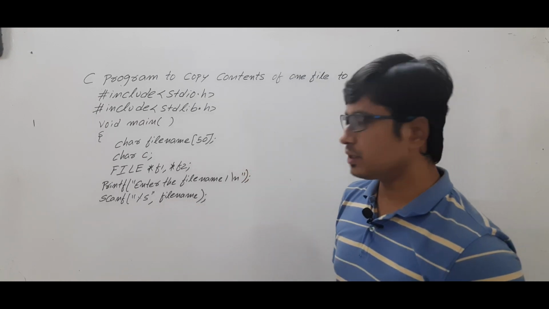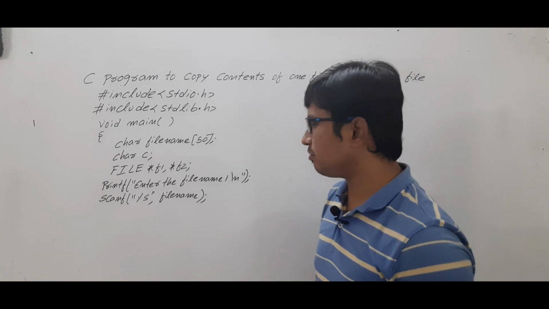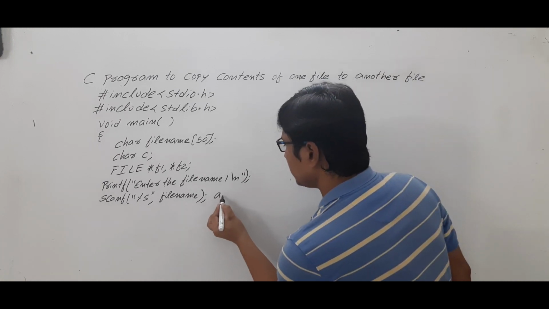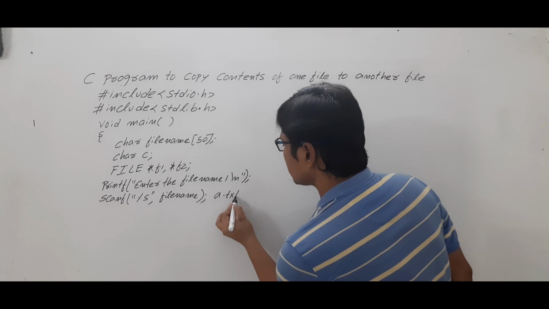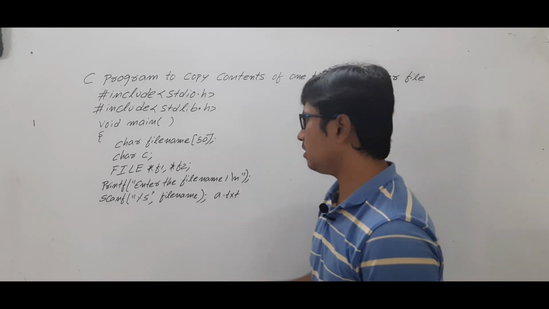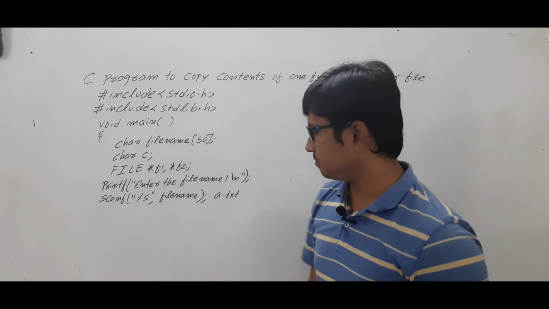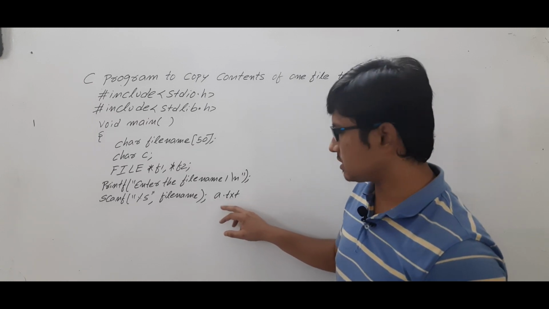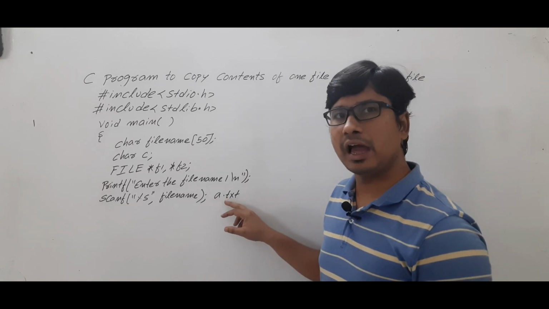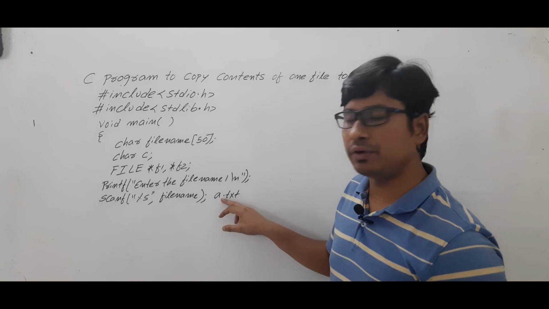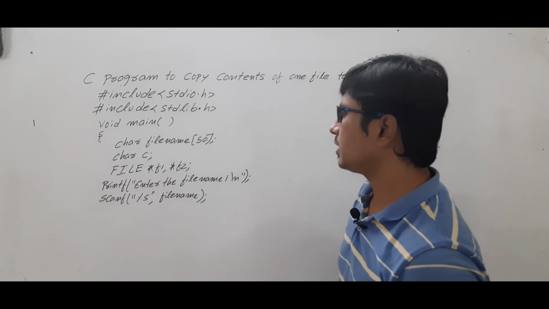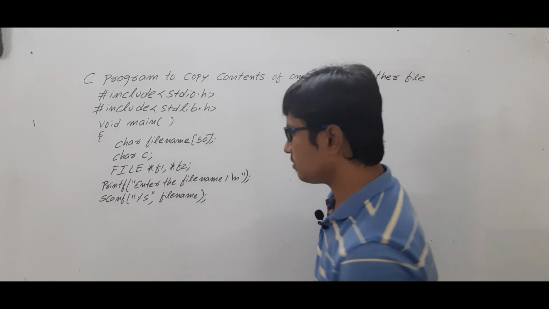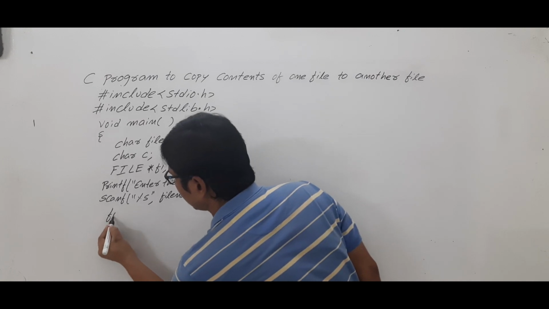Okay. Now look at the thing. He has entered the file name as a.txt. Is it clear? That will be saved in the array called file name. Is it clear? He needs to enter with an extension because a file will have an extension, in between you will have a dot. Is it clear? Then once the user has entered the file, we need to open the file.